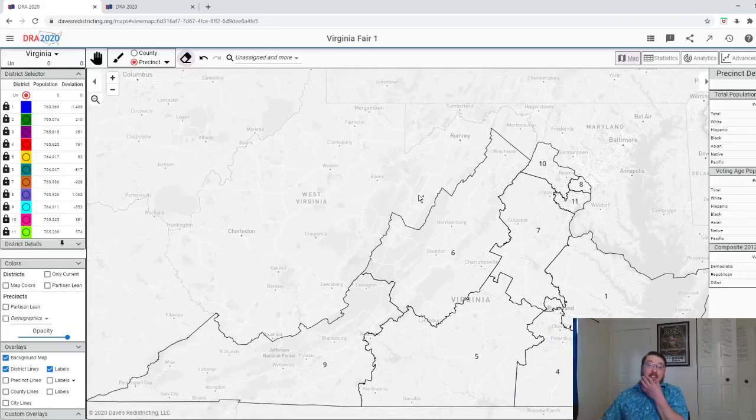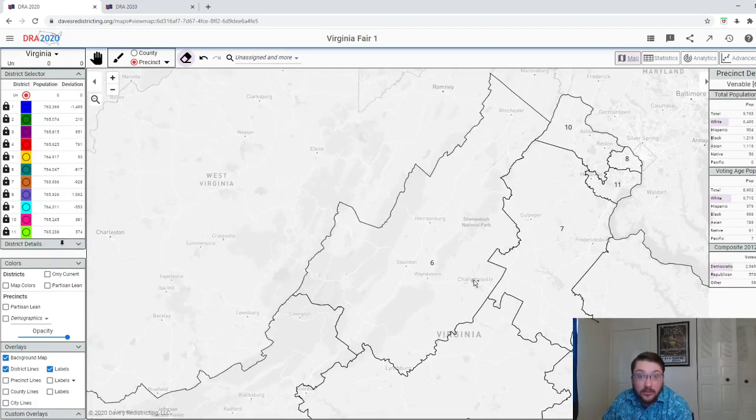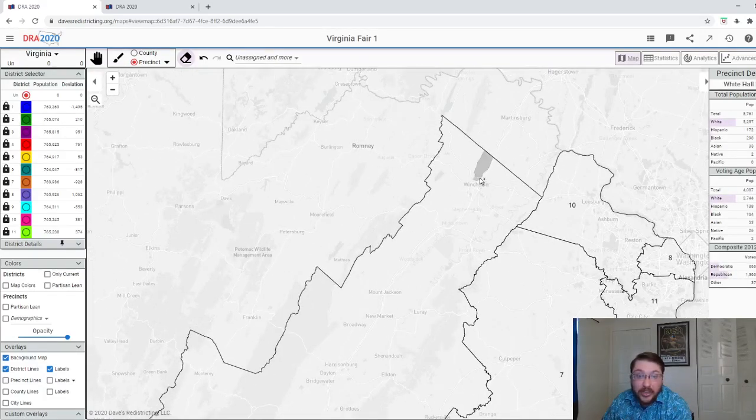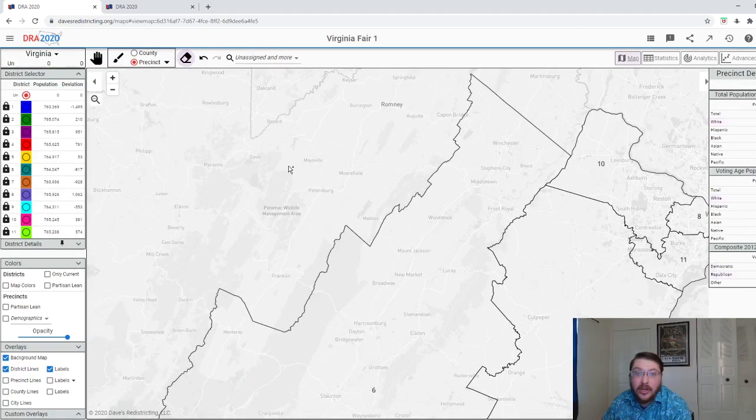Anyway, so moving on to the Shenandoah District, otherwise known as the 6th Congressional District, which includes Charlottesville, the Shenandoah National Park, Harrisonburg, Staunton. By the way, that is pronounced Stanton, not Staunton. It's Stanton. And it also includes Winchester, and there's a few other places, Woodstock, and